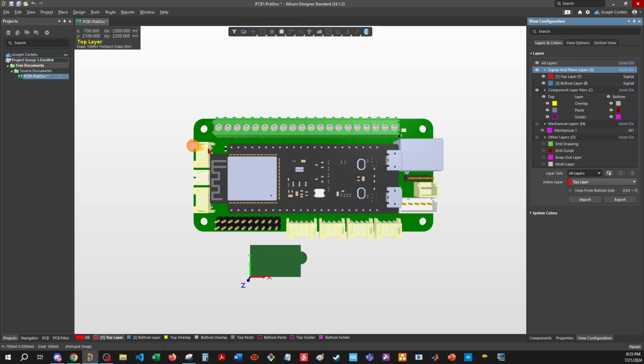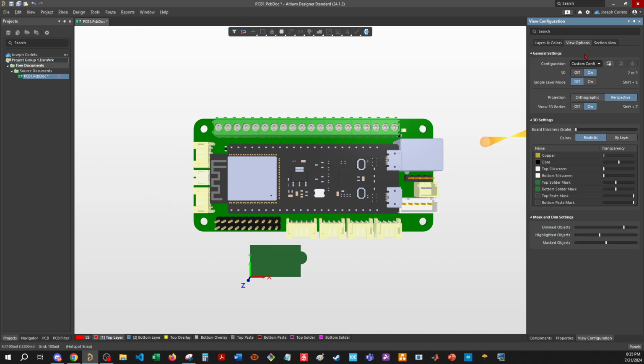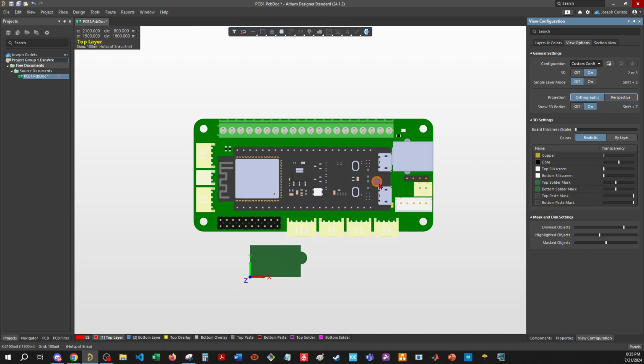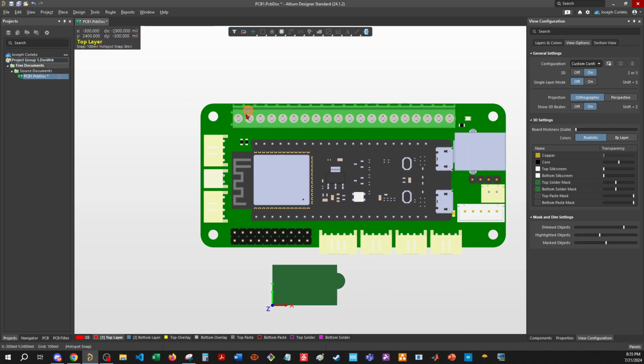And if you notice, the view here kind of gives you a perspective. You're not looking at things head on. I usually like to look at things head on. So I'm going to go to View Options, and instead of doing perspective, I'm going to choose orthographic. For me, I just like looking at it better. You don't have to do this, but for me, it's easier to see. So now we're going to go to